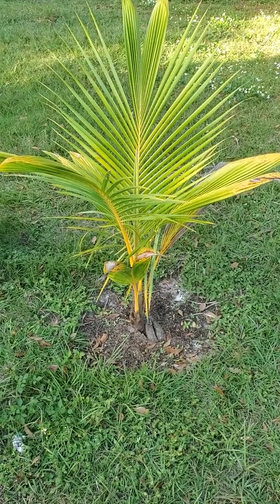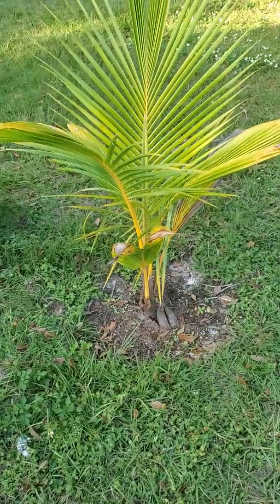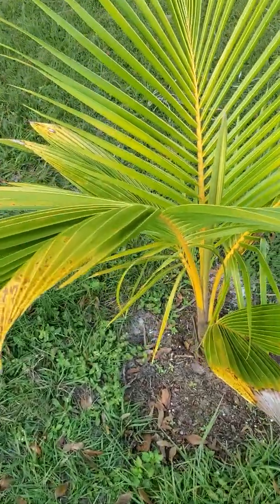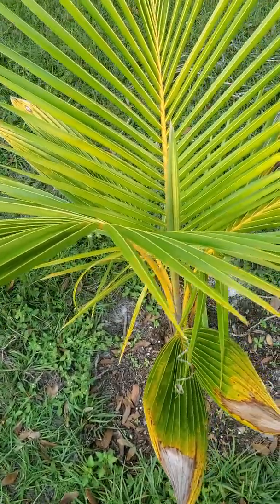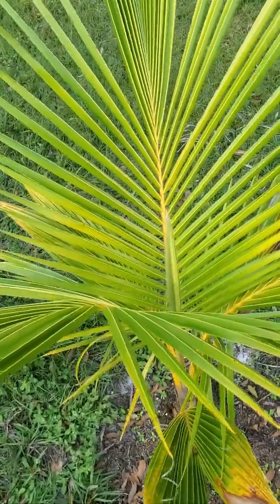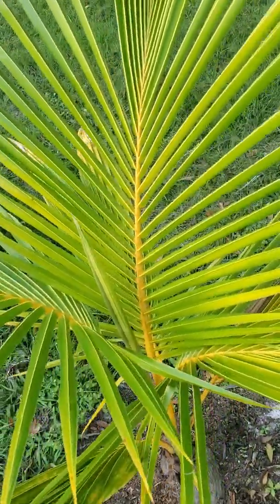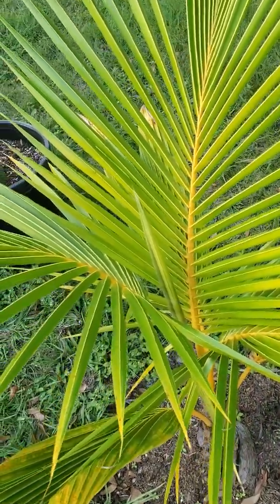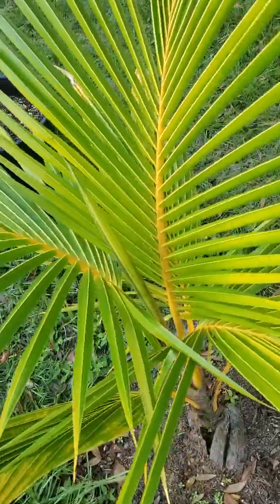Alright, I'm gonna do an update on my yellow dwarf Malayan coconut. So we are entering winter here in Central Florida. It's getting a little colder. We're getting some nights in the 40s. The daytime temperatures are still in the high 60s and 70s. But even so,